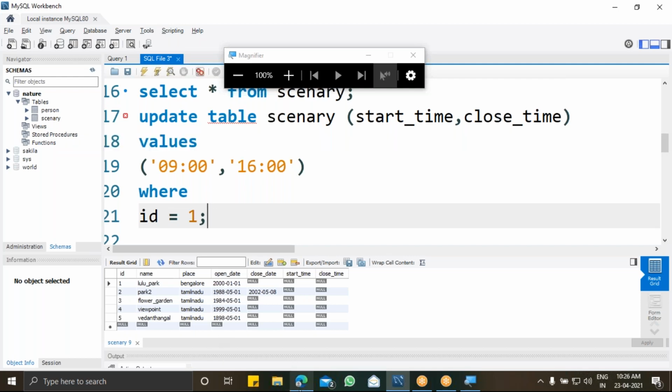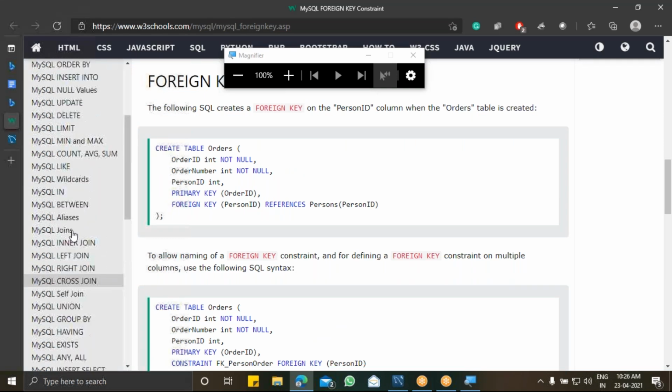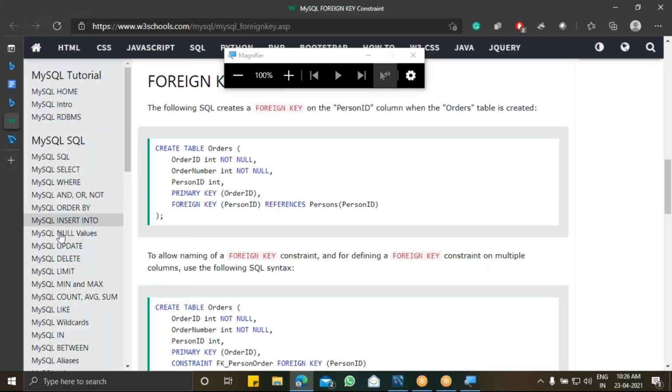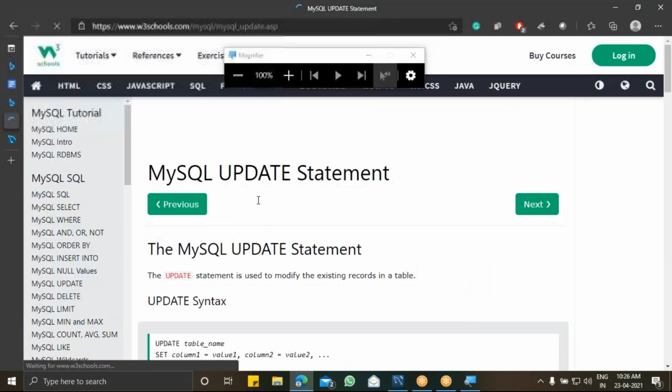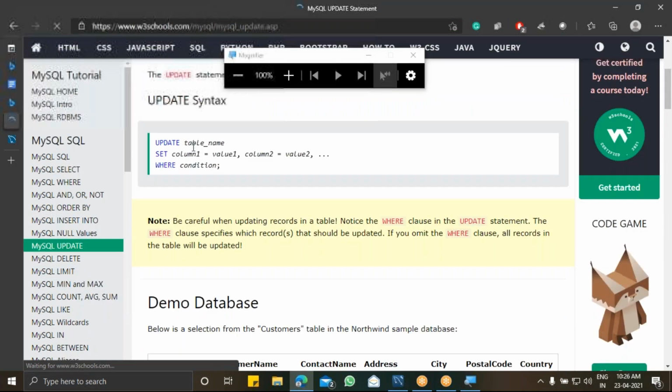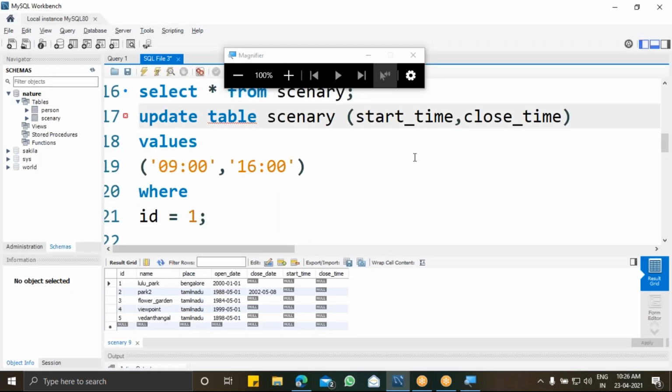Let me check what the mistake is. Okay, I don't want the keyword table, just the table name. So update table name, followed by my column. This is my syntax, so I'm just removing it.